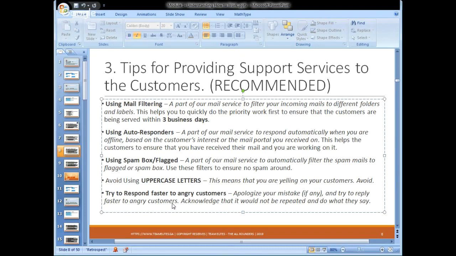It means that you need to give them priority if they are angry and they are posting multiple tickets for support. Acknowledge that it will not be repeated and do whatever they say. And here, whatever they say doesn't mean that you will do anything they say. So be careful this time.